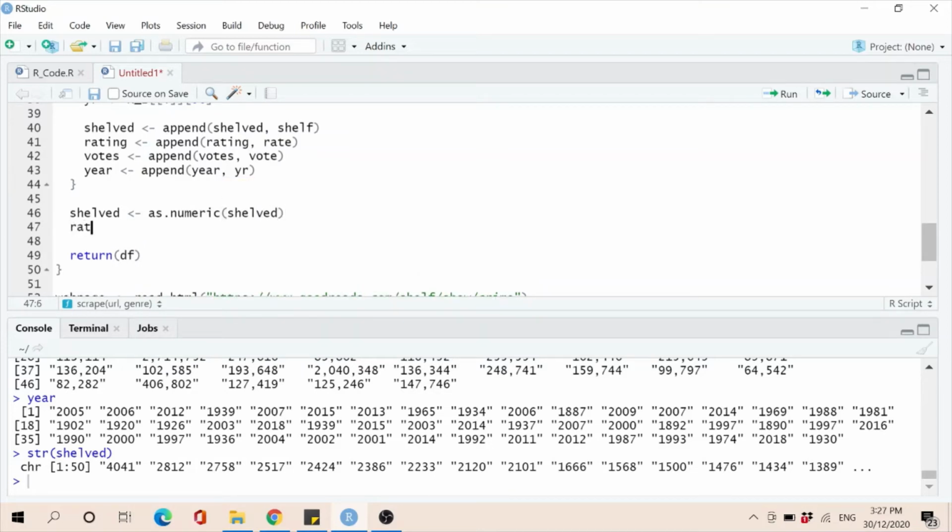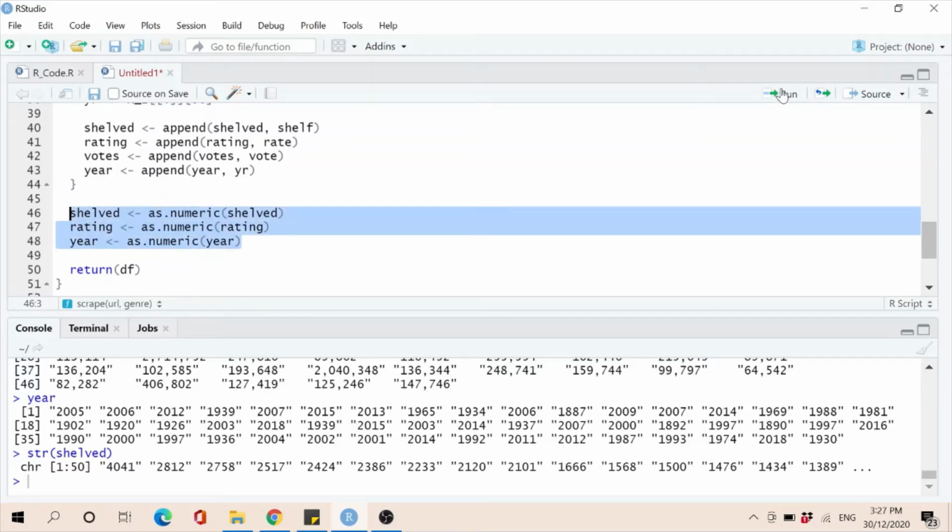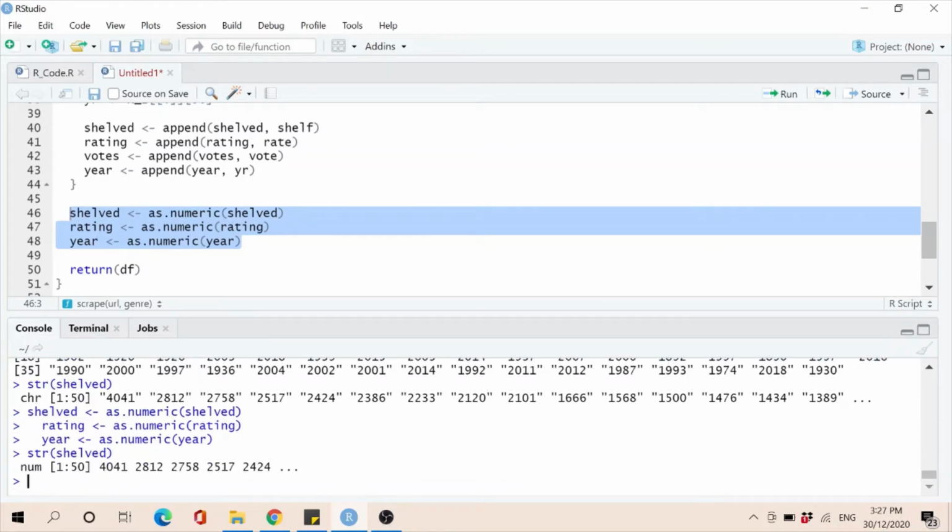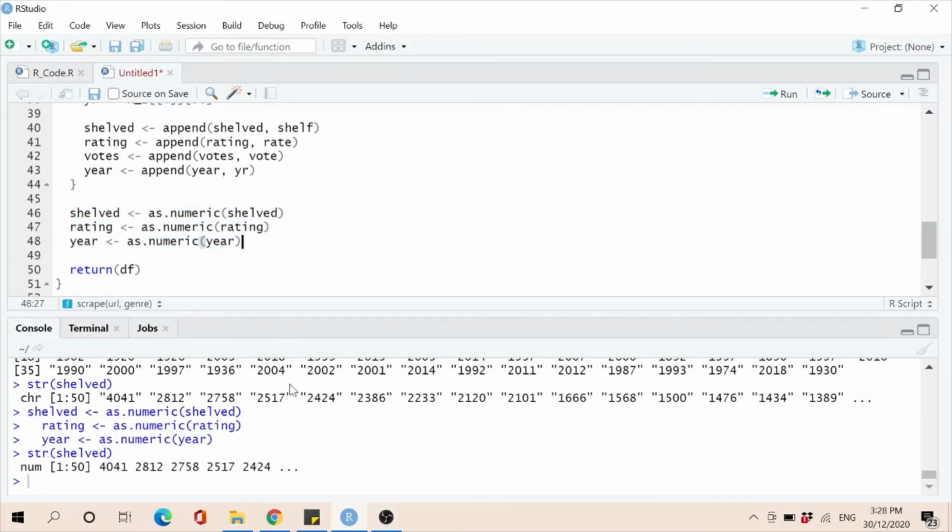Same goes with the average user rating as well as the year that the book is published. If we run this code and run str on shelved once again, we see that it has been successfully converted into a numeric format. For votes, however,